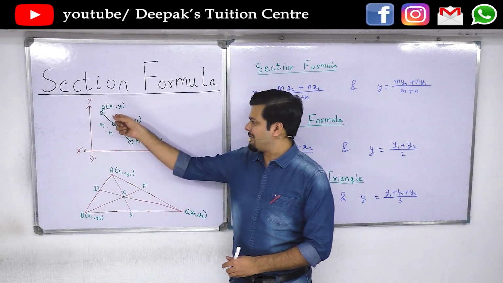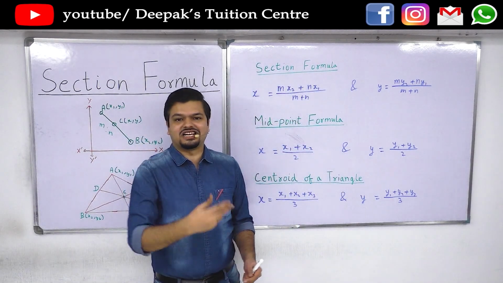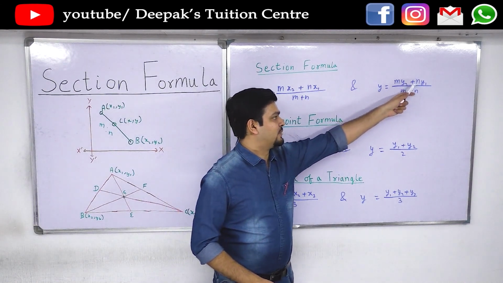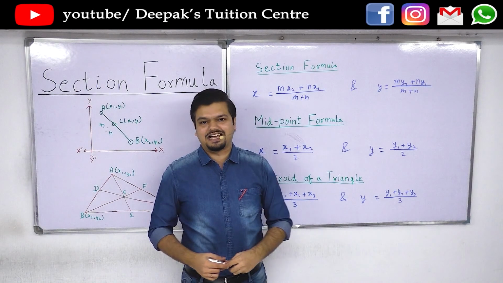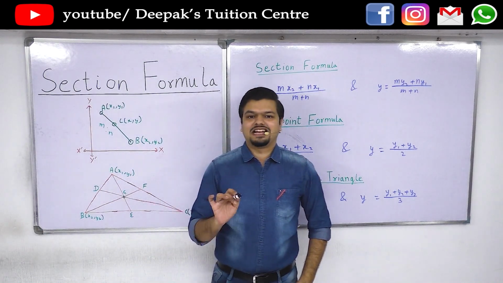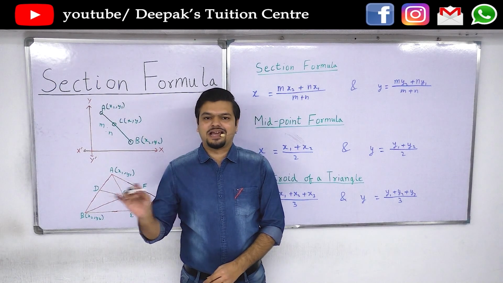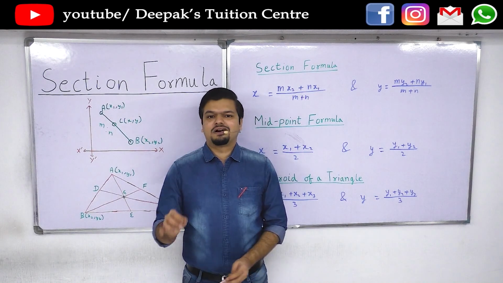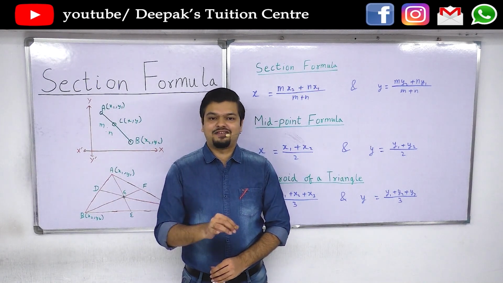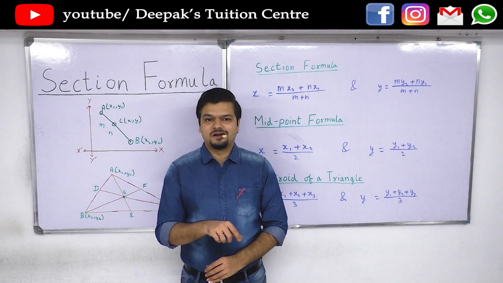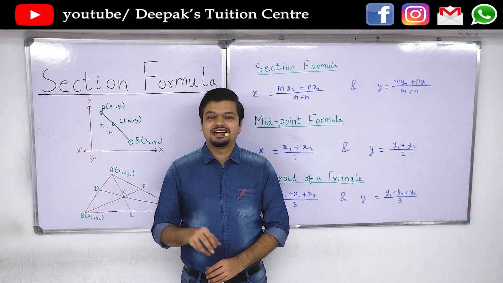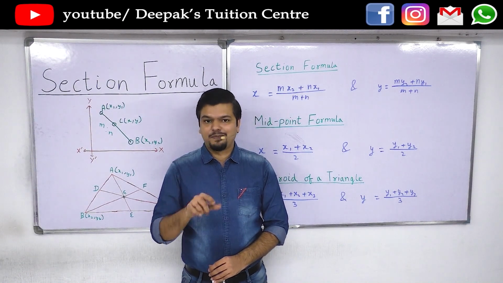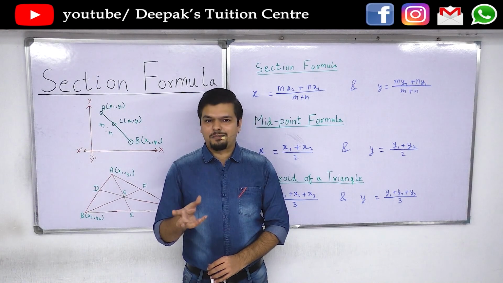Also, you need to remember this same formula applies for the y coordinate. The value changes from x to y. So y is equal to my2 plus ny1 divided by m plus n. In general, whenever there is a ratio given, for example, m is to n equals 2 is to 3, we never write m equals 2 and n equals 3, because that would be absolutely wrong. m can have any value. For example, m has a value of 4 and n has a value of 6. Still, the value of m is to n will be 2 is to 3. So they both could be divided by a common factor.